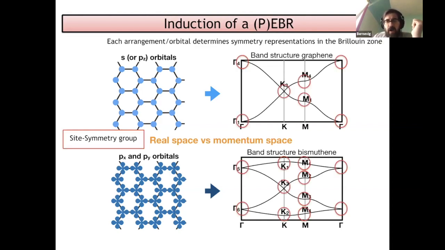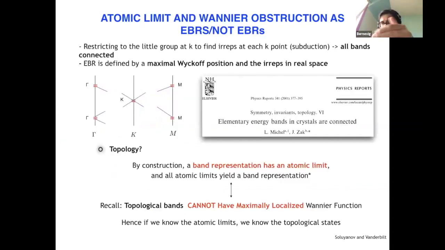Okay, so the moral of the story is the following. Say you do this for every space group. What I said is very general. I didn't particularize to any space group. So I could take any space group and look at all the kinds of orbitals that I can put in at all kinds of positions and infer the bands that come out of those. And those would be trivial bands.